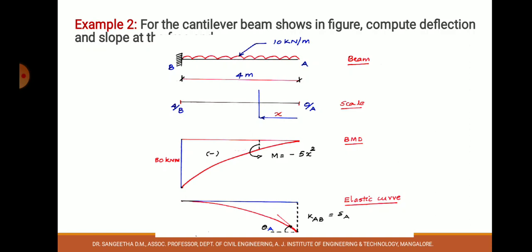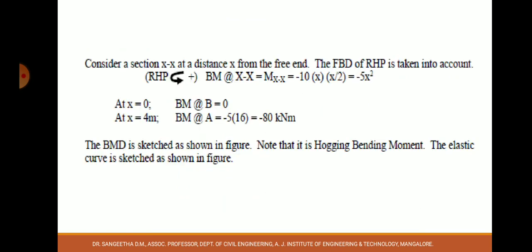At point A, x is taken as 0, and at point B, x is taken as 4 meter. To draw the bending moment diagram, either you can go with your basics, for UDL it is a parabolic curve, or you can take a section and draw. At section XX, what is the bending moment at this section? Can you write an equation? If you are considering LHS and RHS, I have told the sign convention in the previous video. If you are considering the left side of the section, clockwise is positive; on the right side, anti-clockwise is positive. So if you are considering the right side, anti-clockwise is positive.